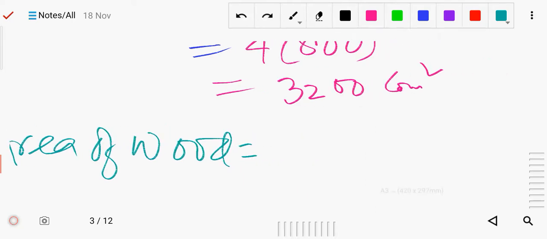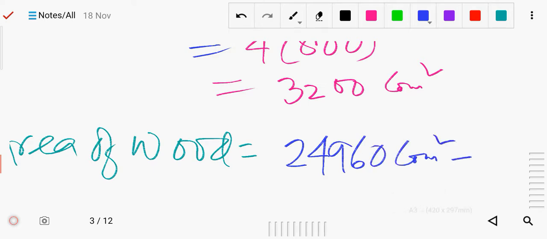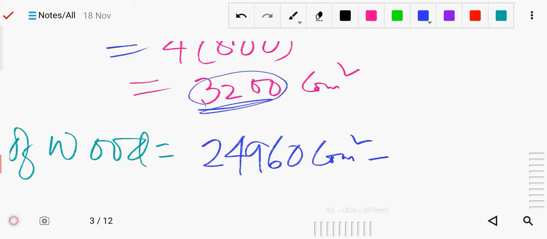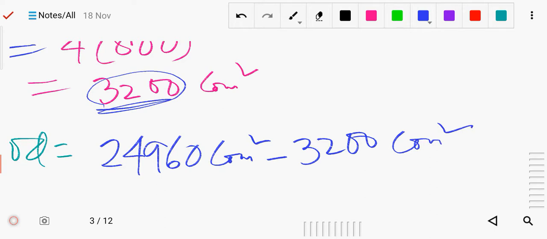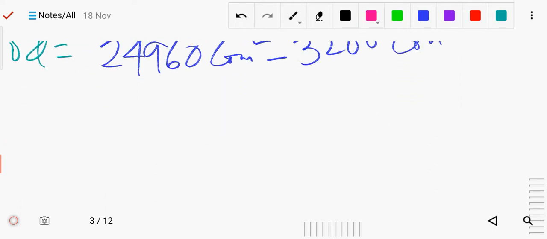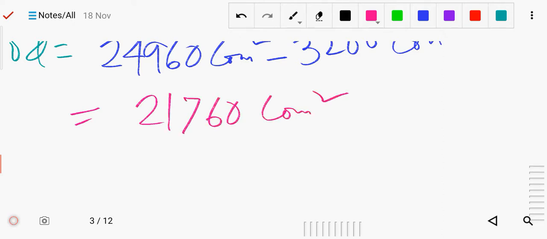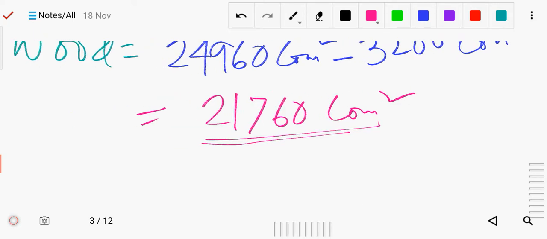First of all we got the area of this door, centimeter square, and now we got 3200 centimeter square. Okay, now these two we can subtract. So now subtract it, so you will get 21760 centimeter square. So this is the area of the wood,